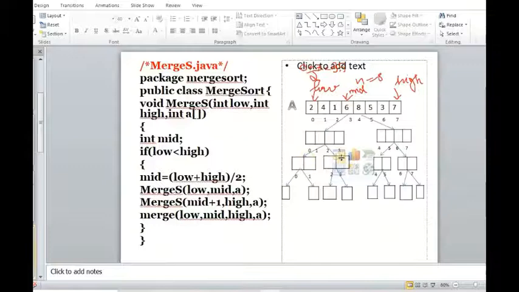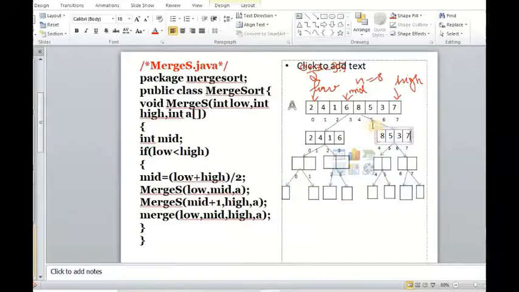As I told you, first we divide this array into 2 equal parts. One part will consist of the elements 2, 4, 1 and 6. The other part has the elements 8, 5, 3 and 7.